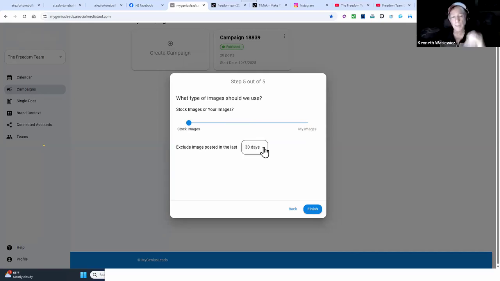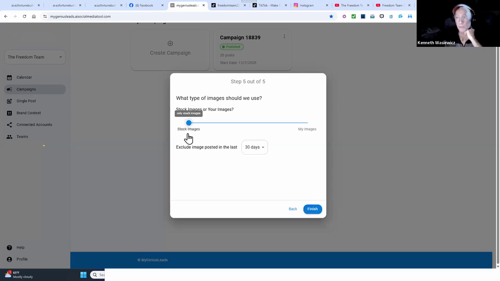It's going to create new content for everybody. So even if everybody's using the same images, every post will be different because the AI is generating the content, not because it's the same content.